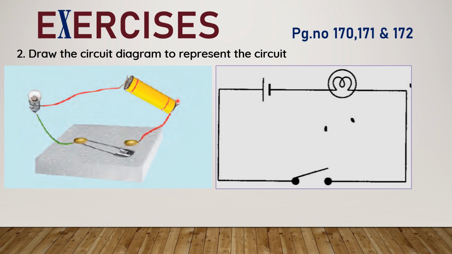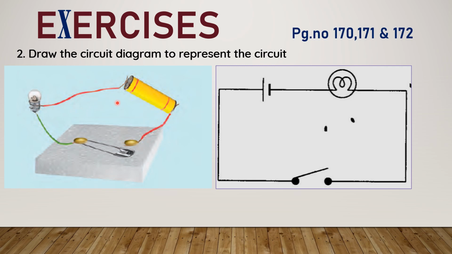Okay, here one battery is there and here one switch, but that switch is in the off position, and a bulb is connected with wires. So this switch is in the off position, or that is in the open condition. It's not closed, that is open. That is why the bulb is not working.